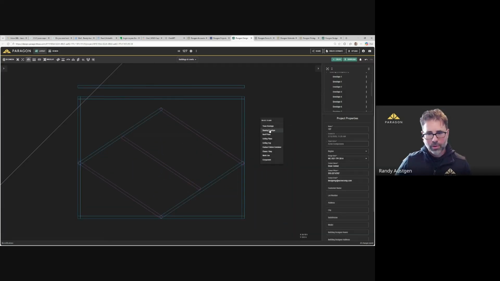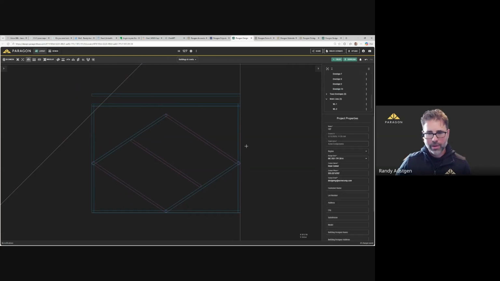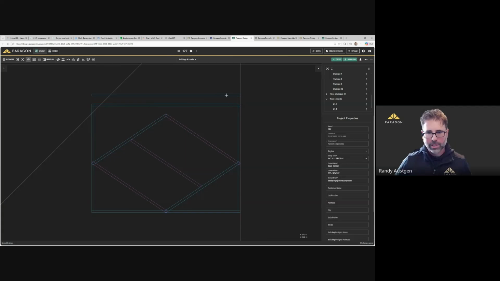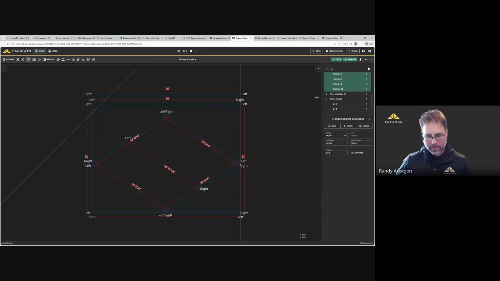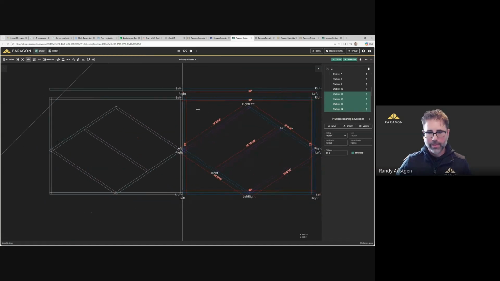And then for this one, I'm just going to drop in a work line just to round out the functionality here. Oh yeah, this was a change that came out last week, I think: if you select a bearing and then hold down Control, the bearing is automatically selected, so that saves you a click or two. What I'm going to do here is mirror, and you'll notice when you go to mirror, duplicate is automatically enabled. And then I'm just going to select that line on which to mirror. And there we have it.